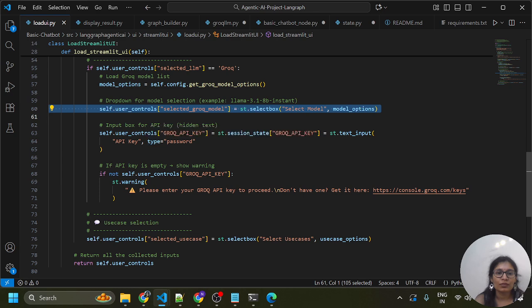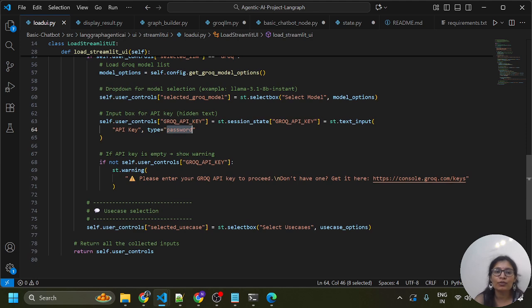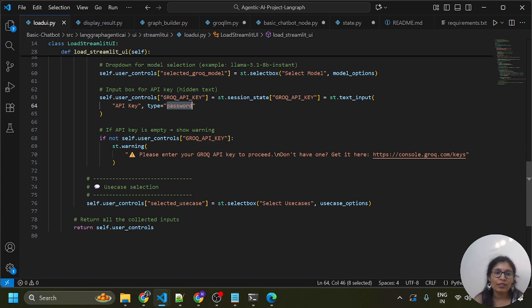Okay, so an API key, a text input for the API key, and type password. It will show you the placeholder password. If the API key is empty, show a warning. If not,